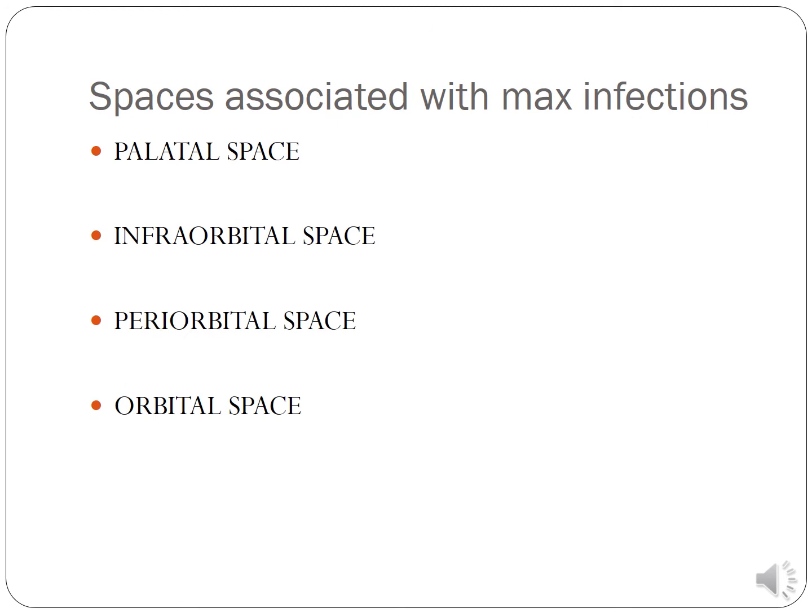Then the spaces associated with the maxilla are palatal, infraorbital, periorbital, and orbital space. It can reach till the eye, and never underestimate the virulence of the organism. It may give rise to cavernous sinus thrombosis also, though it is very rare nowadays. But this ascending infection has the potential to reach the base of the skull, and then it can infect the brain also. Lower, they can infect the lungs, they can go till the area of the mediastinum, and higher they can infect the brain as well. So let us not take these space infections lightly.